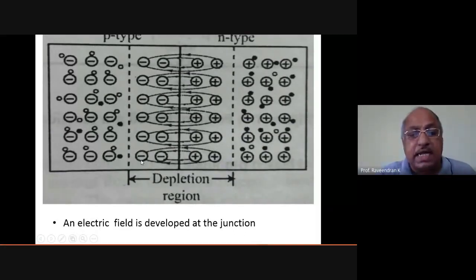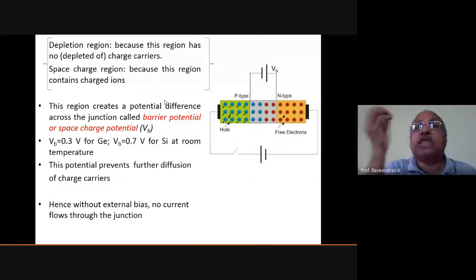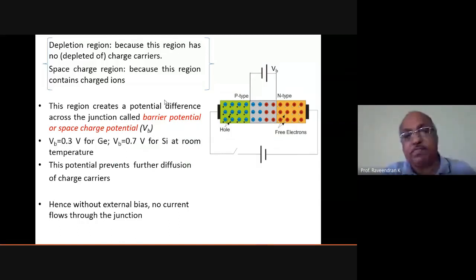And this region in effect will be acting as an electric field. That is because this region is actually formed by the recombination of electron hole pairs, isn't it? And in effect, in the p-n junction, this particular region will be acting as an electric field. Follow my point. And this particular electric field will appear as a voltage. Usually that will appear as a voltage because this region has no charge carriers, because it is a depleted region.